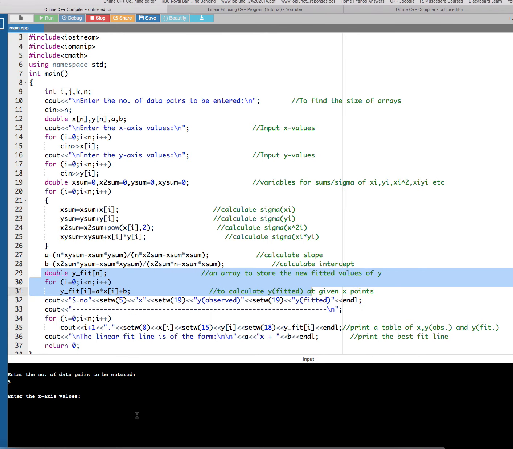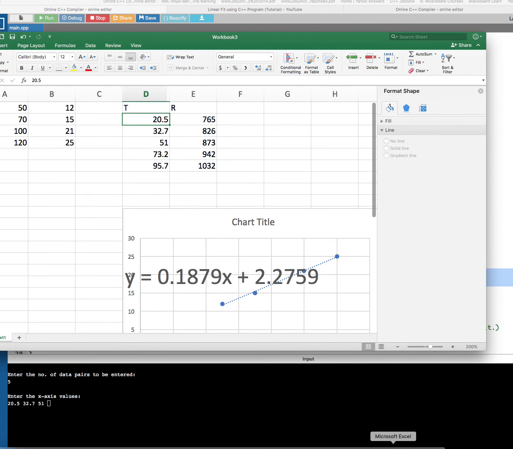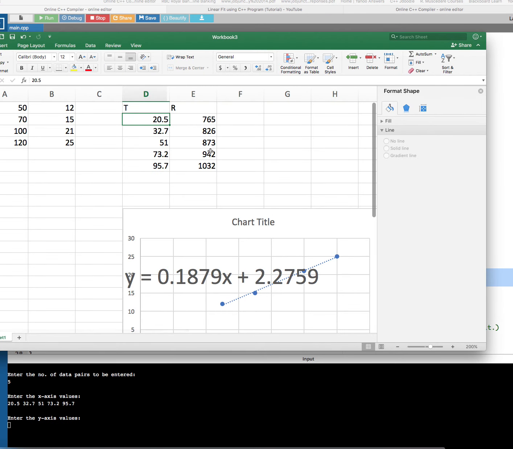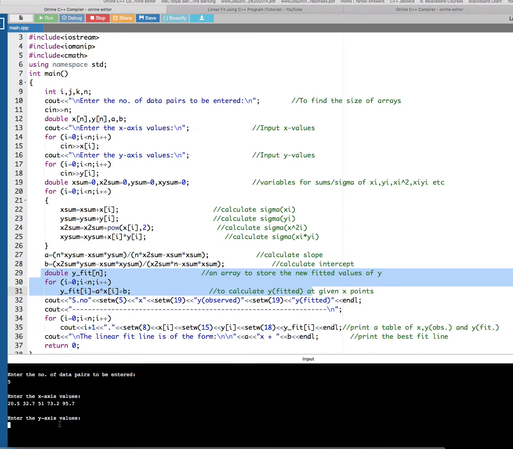51, and then after that we have 73.2, 95.7, and these are our x values. Now let's go ahead and type our y values. 765, 826, 873,